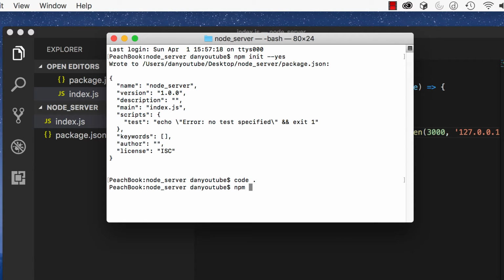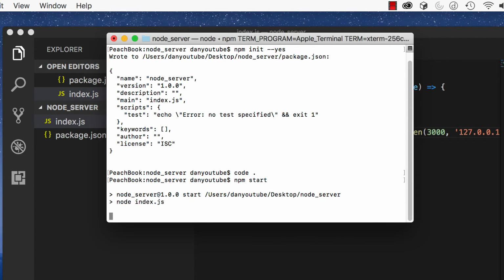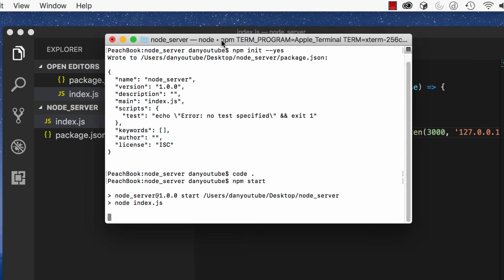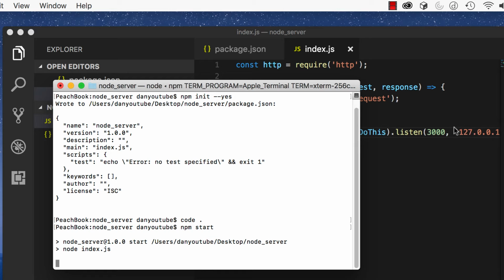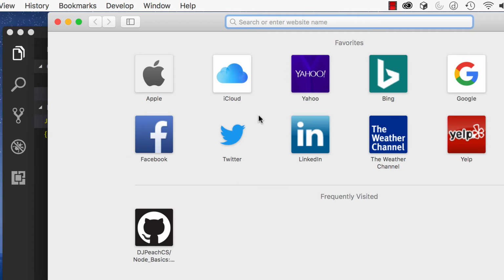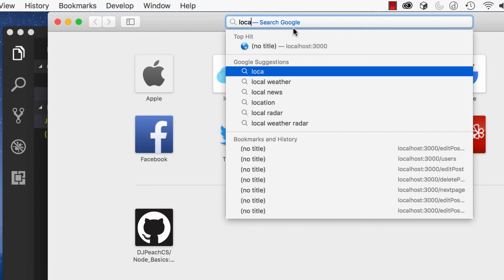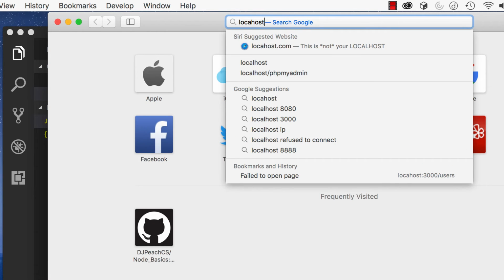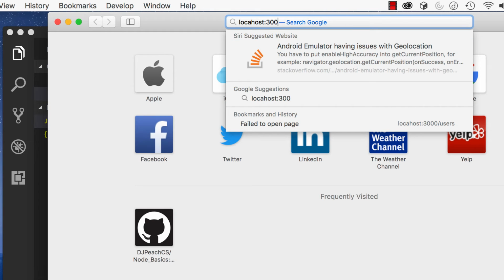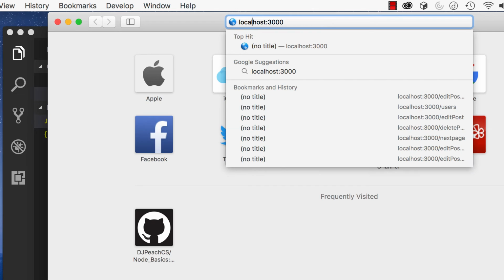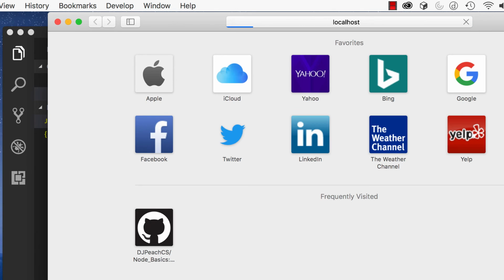So npm start, there we go, and you'll see right here it just ran a couple things. Now what's happening is it's listening on that host name on that port. So let's go check it out in our browser. We're going to say localhost, and then we're going to go to that port that we set up, which is 3000. And once we get that put in correctly, we're going to go there,